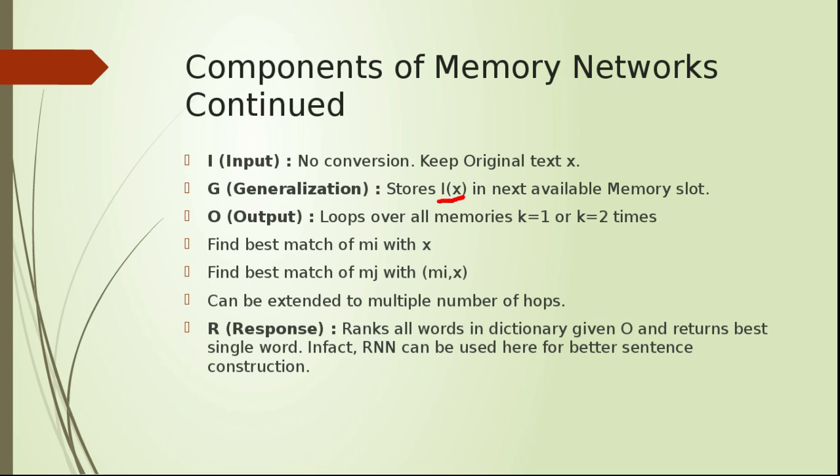What output does is, output has a scoring function that takes the question and matches it with each of the memory components and calculates a score. The higher the score, the better match it is. There is something called hops. Hops means once a good memory score is achieved, we again take that obtained memory sentence and obtain another score. It is used when we have two supporting facts.